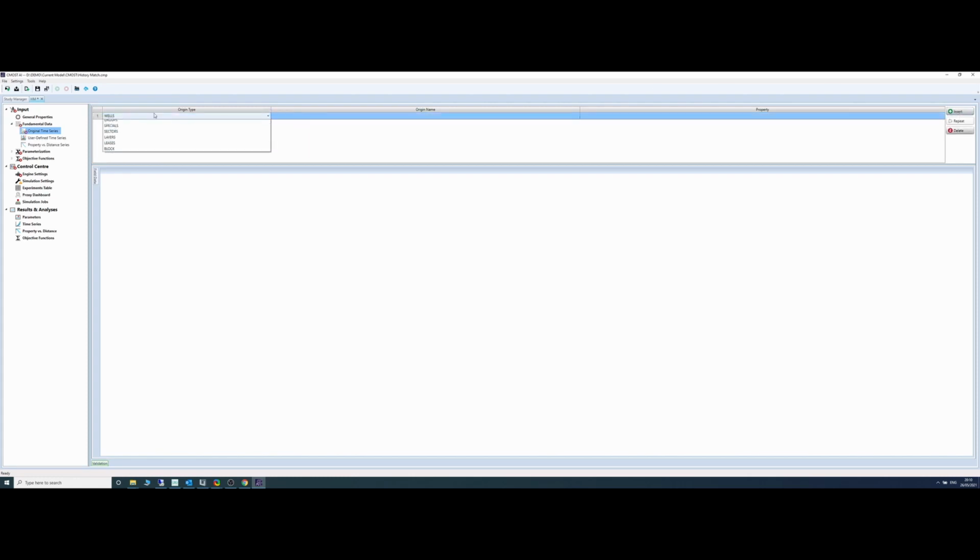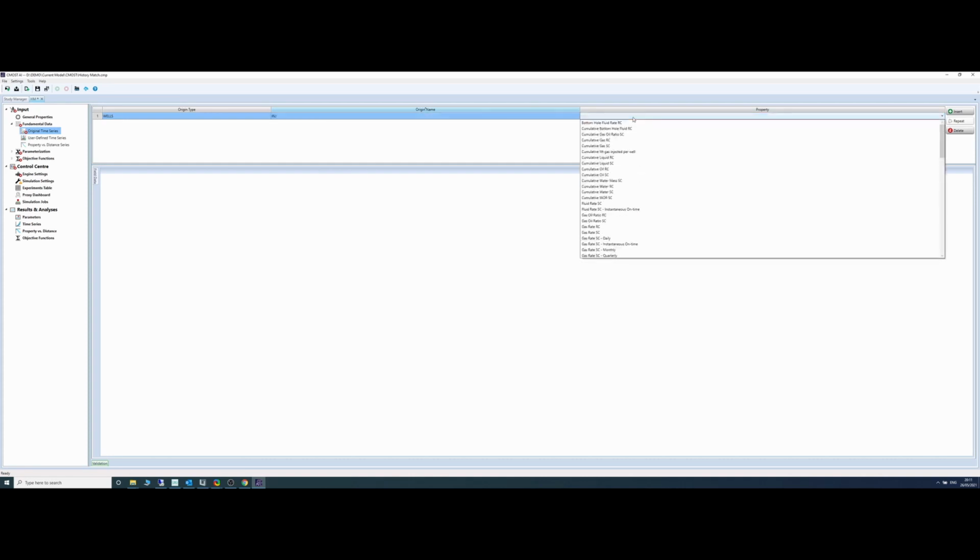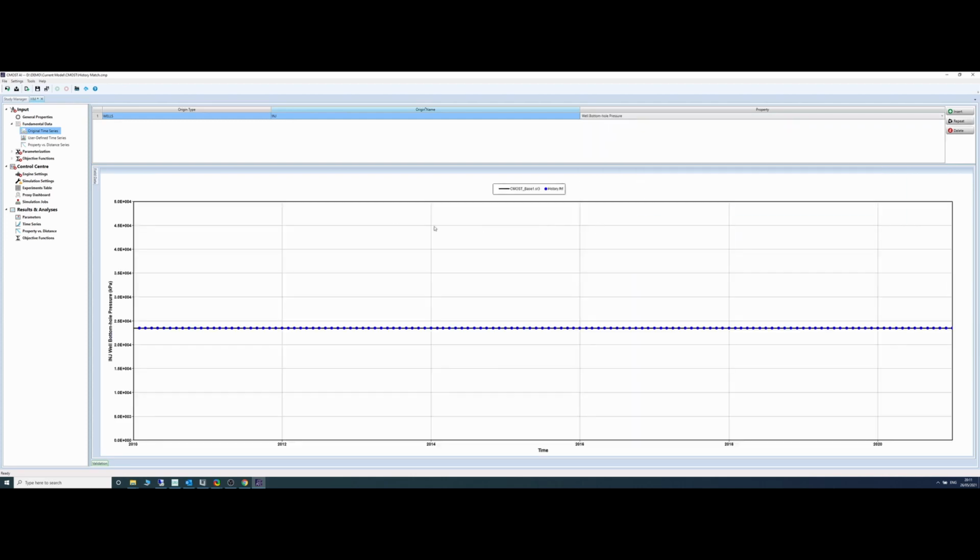So the origin of the information that we're going to extract can be any of the usual data sources that you have in Results. Let's stick with wells in this example. I'm interested in the injector wells, and let's start with bottom hole pressure. So I'm plotting the bottom hole pressure. Obviously it's matching the